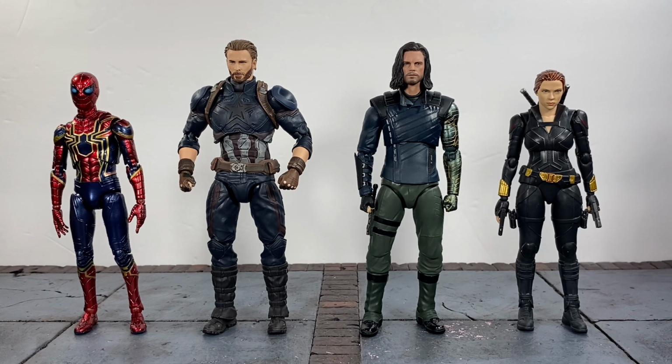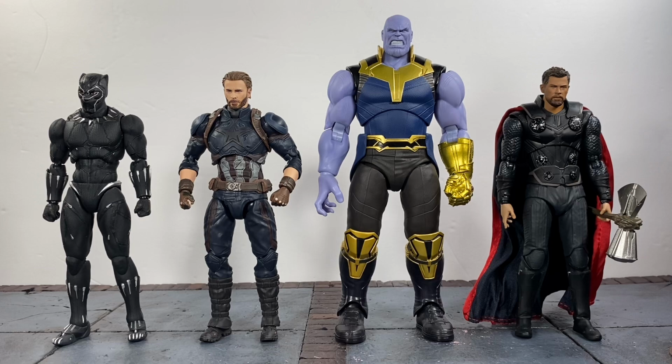An SH Figuarts Avengers Infinity War Bucky, and this is with the Manipple Studio head sculpt on it. So the person I was talking about earlier, they just look so good together, him and Cap, of course, standing side by side. And then we also have the SH Figuarts Black Widow. This is her from her original movie that should be coming out, I don't know when, but it's coming out. Here he is standing next to an SH Figuarts Avengers Infinity War Black Panther, the SH Figuarts Avengers Infinity War Thanos,